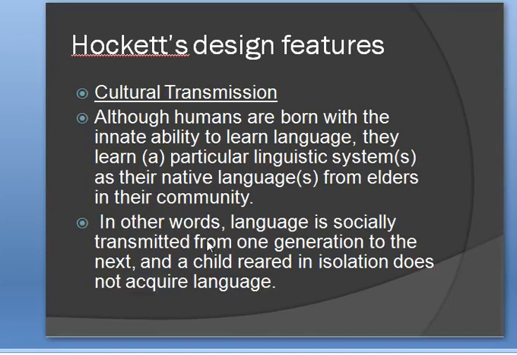Next thing is cultural transmission. Cultural transmission means that although human beings are born with the innate ability to learn languages, what they learn is a particular